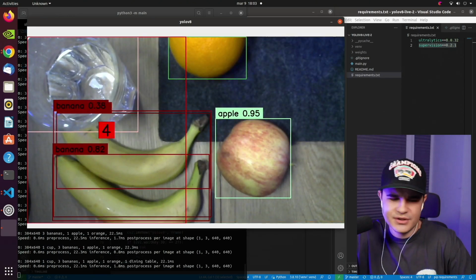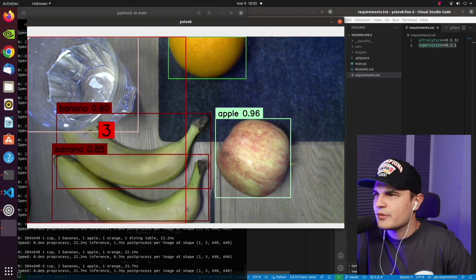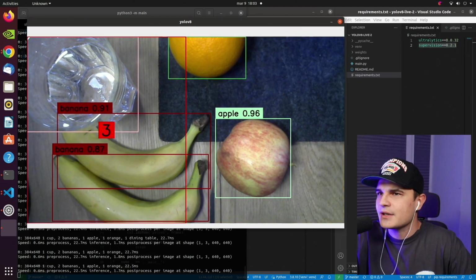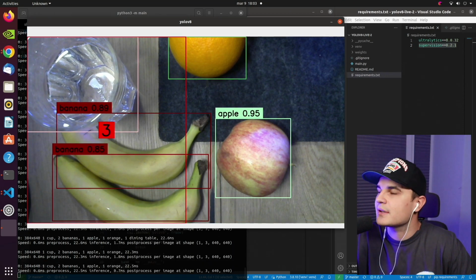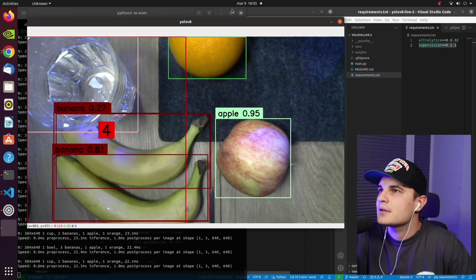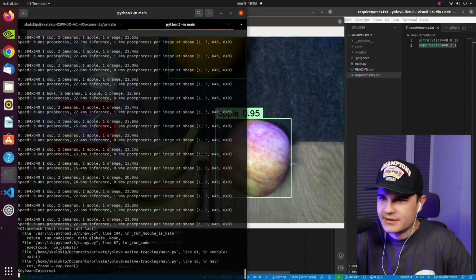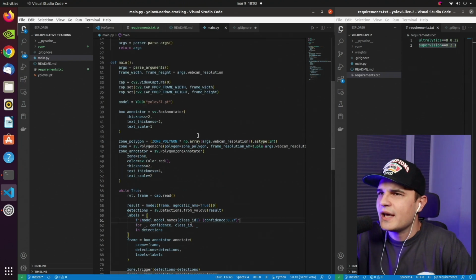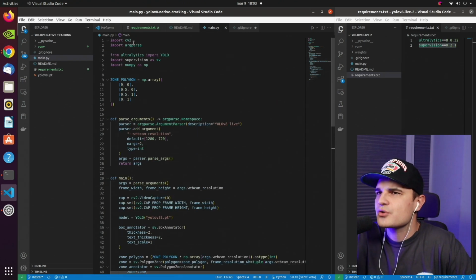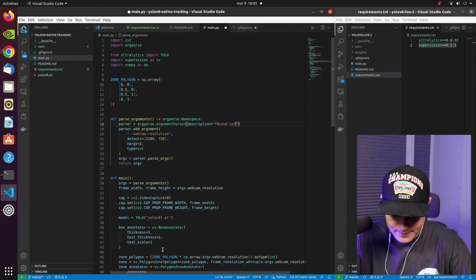So for now, I will just remove the zones, remove everything. We have the detection, and I'm curious about tracking. So we will explore tracking in just a second, okay? So let me kill this. And we need to take a look. What do we have in that script even? Because I'm not really sure. I don't need this. Let's call it native